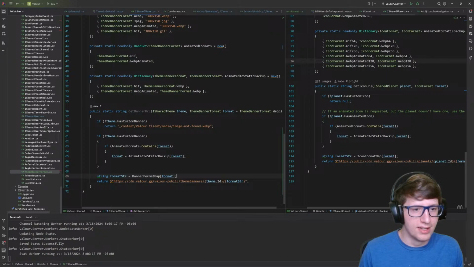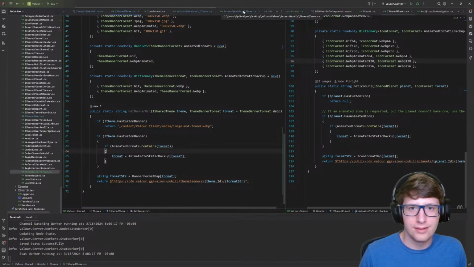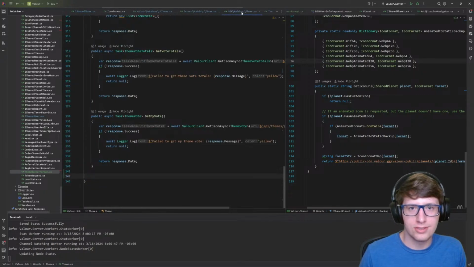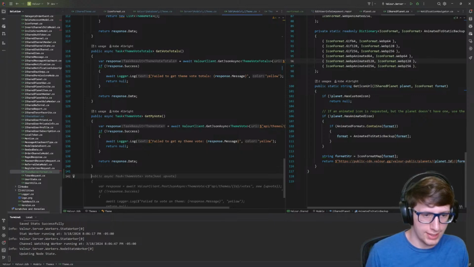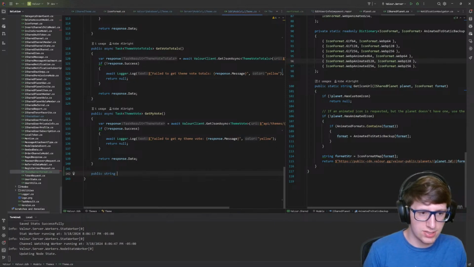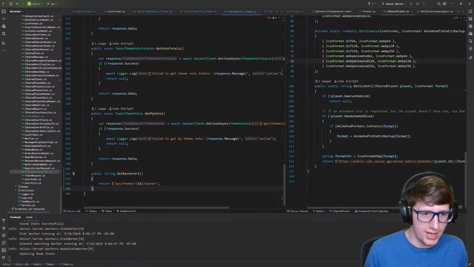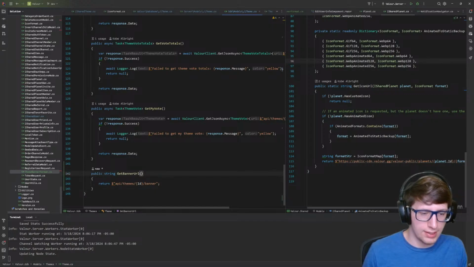Okay, and then inside of theme. Holy moly. Okay, inside of theme now we add public string get banner URL, and we're going to allow it to take in a